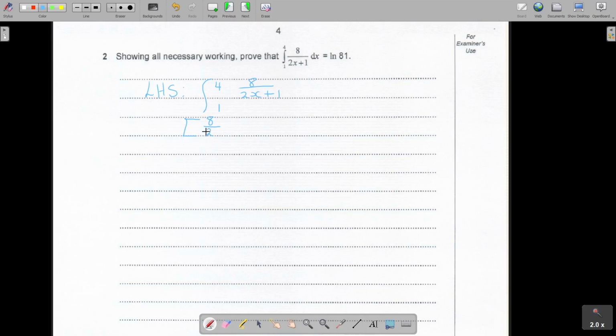And then it's my ln. And then, don't forget, it's only the bracket. So 2x plus 1, that's my bracket. Because it's a definite integral, the c's will cancel out. Okay, now I'm going to simplify. So this is going to be 4, and I can already start with the substituting. So ln, and that's 2 times 4.